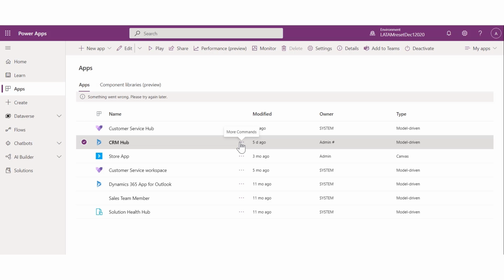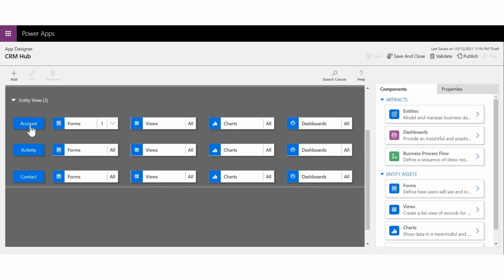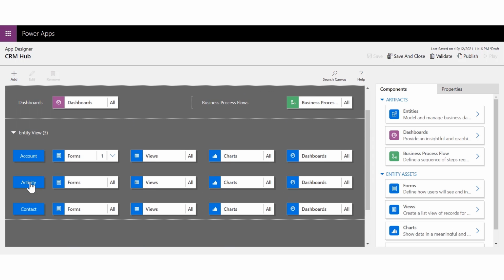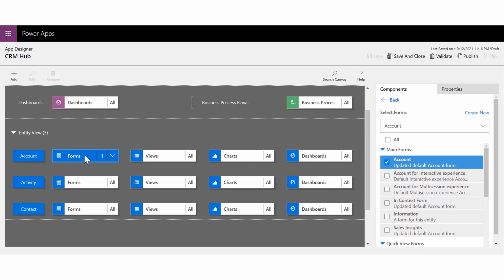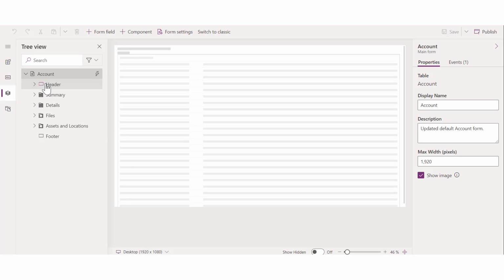Now that you know what the owning business unit field is, let's take a look and see how to add it on a model-driven app. In my model-driven app, I have different entity views. Let's go ahead and add it in the account. Here's the form, and we're going to be editing the account form. In the account, you have the header and the summary. So first we want to add it to the header,